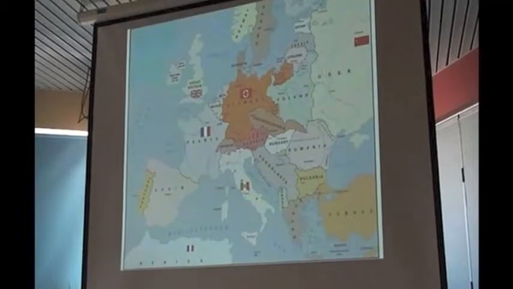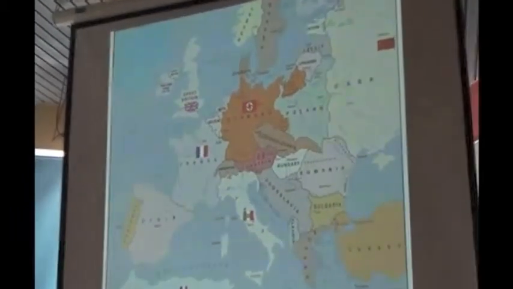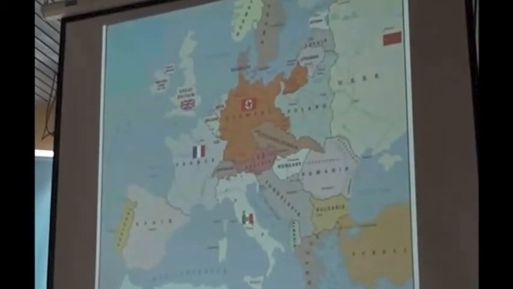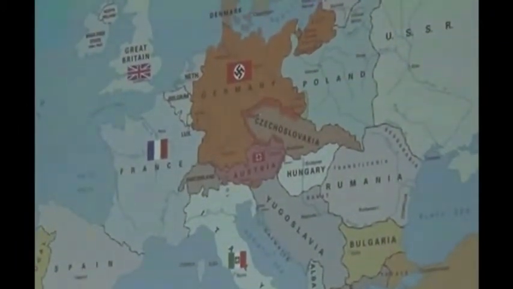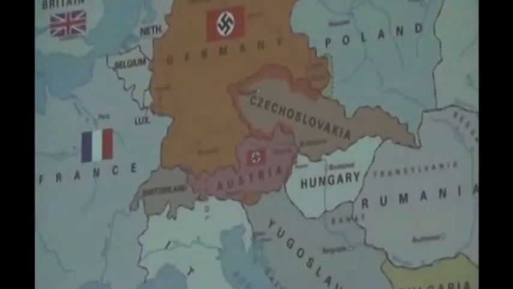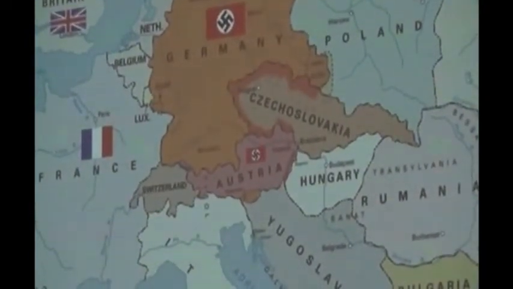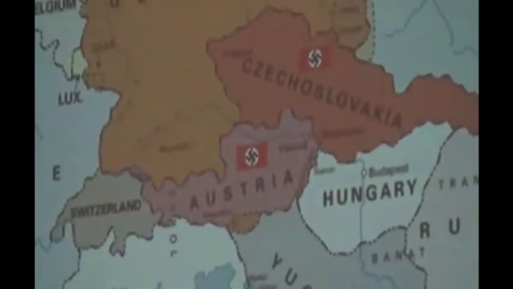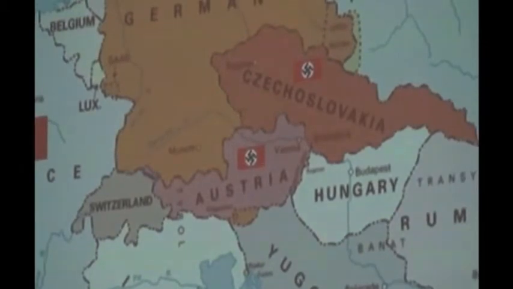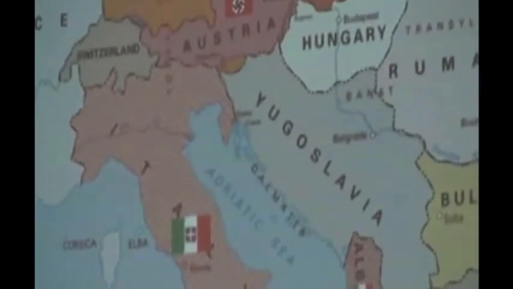Okay, so in 1938, Hitler decided that it would be a good idea to annex Austria. After all, that was where he was born. He then, fairly soon after that, decided to move into the Sudetenland, which was the German border with Czechoslovakia. He thought that went well enough for him to move into the rest of Czechoslovakia. Still 1938. Italy decided to move on their own, and they invaded Albania. And it wasn't long after this